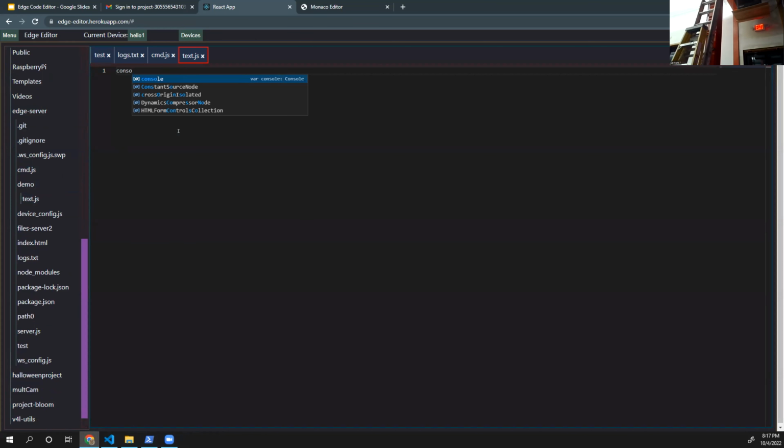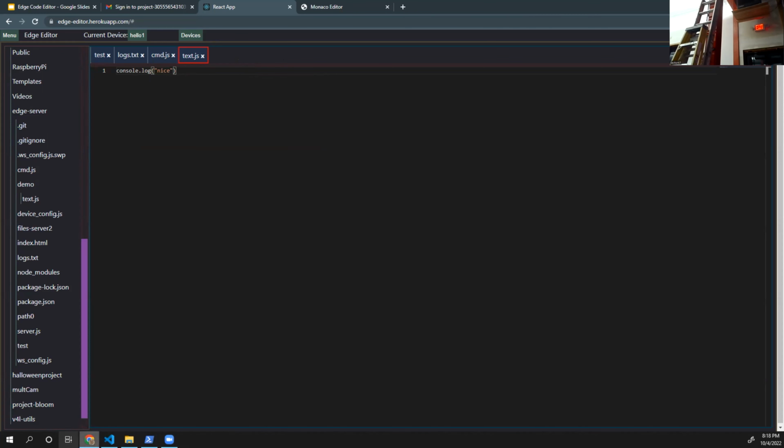You can see that it's already providing me with all the things that I can do. That's what I want. I want to be able to do that and say .log. And in here, it also provides me what kind of parameters I can pass down into this function that I'm calling. Right now, I can just say nice.